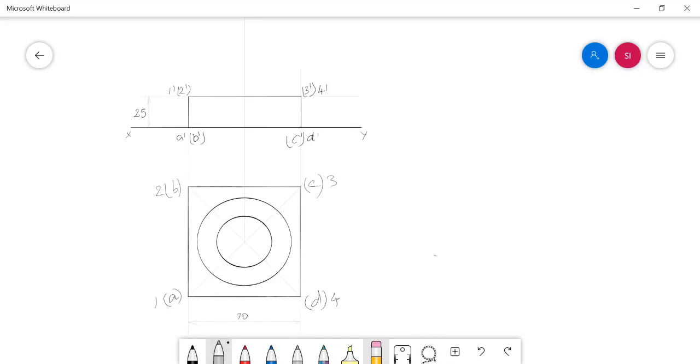Now I need to project the base of the cone into the front view.